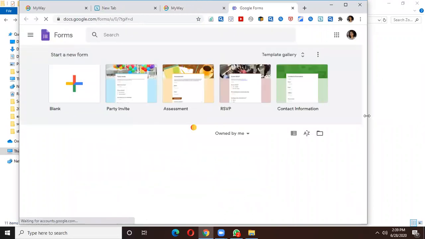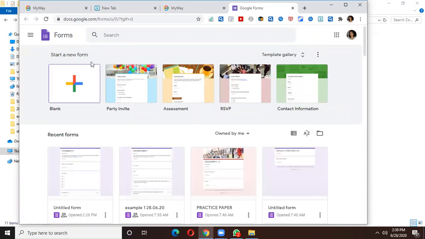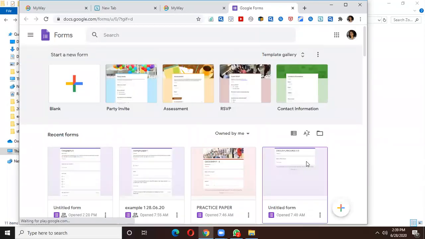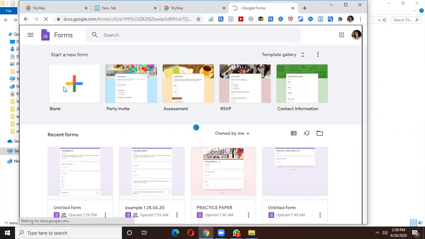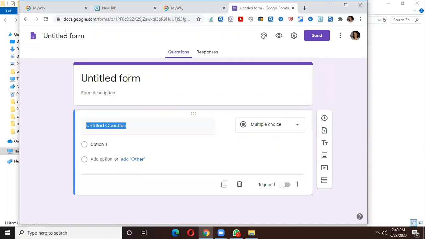After we click on this, we are going to get a set of forms in this way. There is a start a new form. Start a new form means it's a blank form where we have to make a new question paper. And all the recent papers that we have made so far are in this window. As we are going to make a new question paper, we are going to press here and make a new copy. When you press it, it opens in this way.